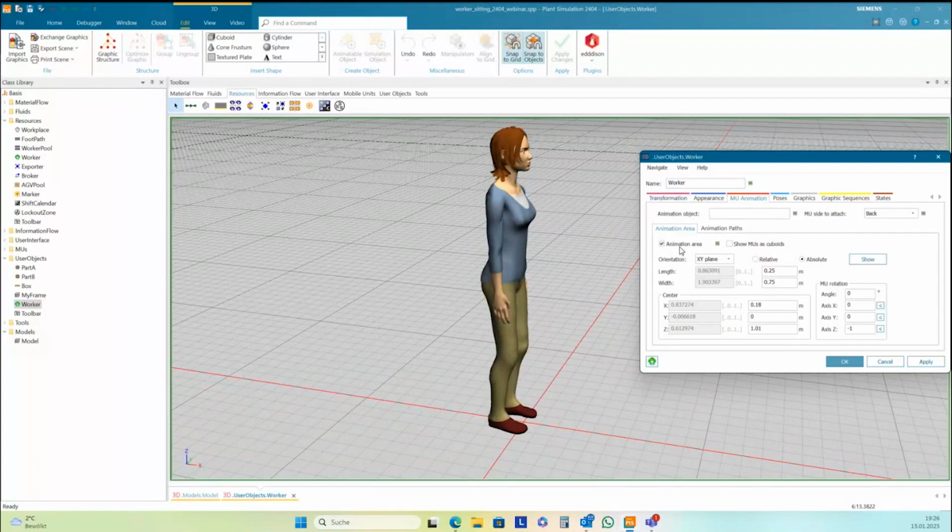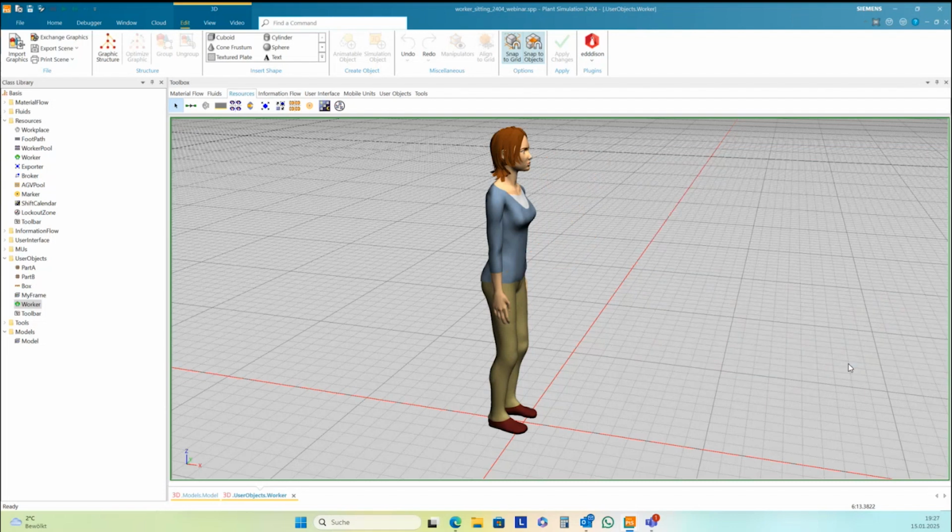You have an animation area for the worker where the MU is animated on the worker, and this is part of the S3D file. It's not only the picture; it also contains all the animation paths, the transformations, all these settings here. Yes, and this is the difference. Okay.